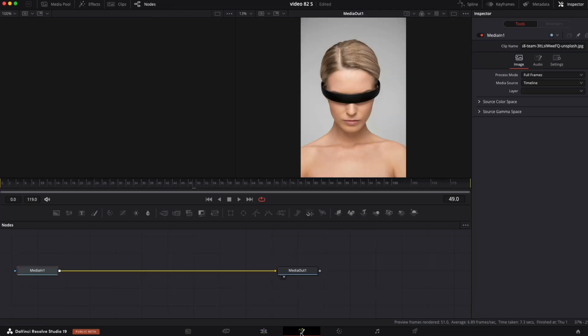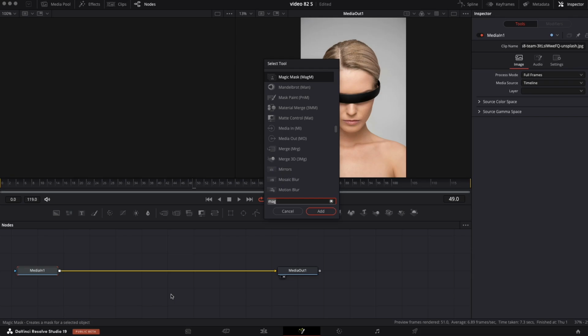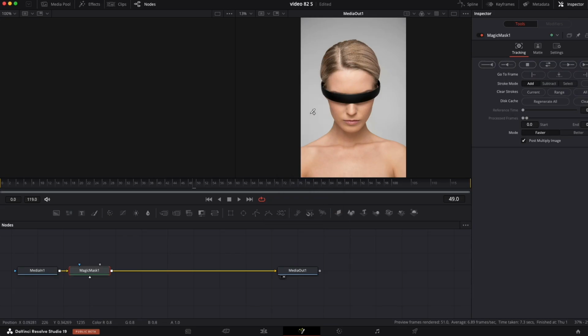Then navigate to Fusion and on Windows hold Ctrl plus space, or on Mac Shift plus space. Type Magic Mask and then Add. You can notice that our cursor now turned to an eyedropper. With the eyedropper, you just need to select our subject,